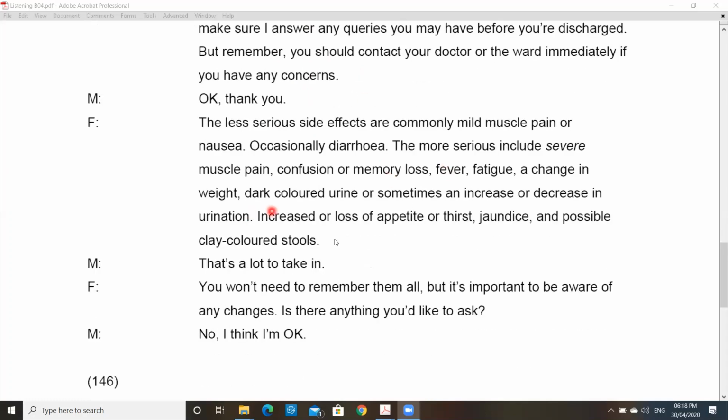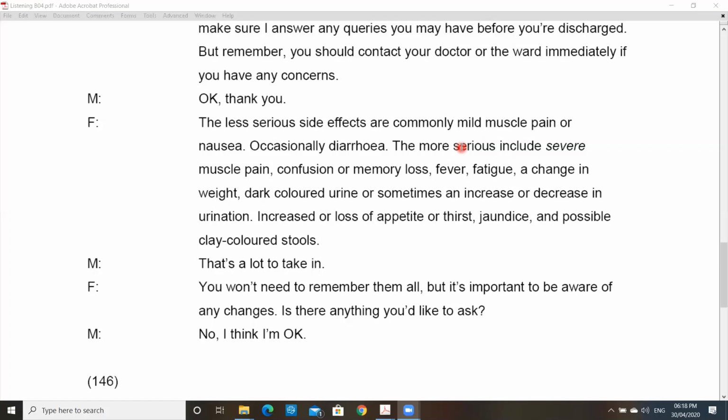Then she explained all the side effects, but again, she simply described those side effects. She was not trying to highlight their severity, right? Because she was just listing down the side effects. She didn't use expressions like, I must warn you about this, or it's important that you are alert about these